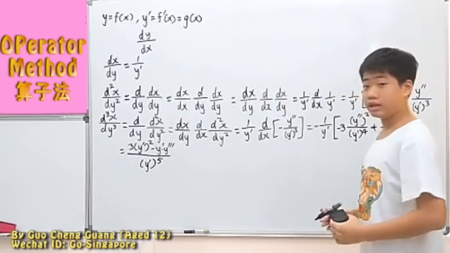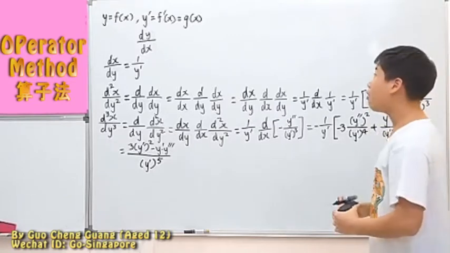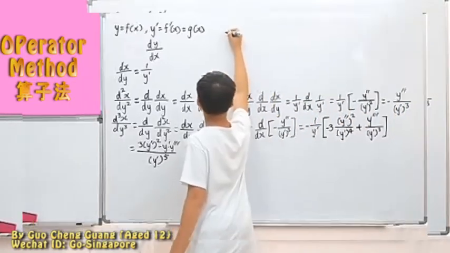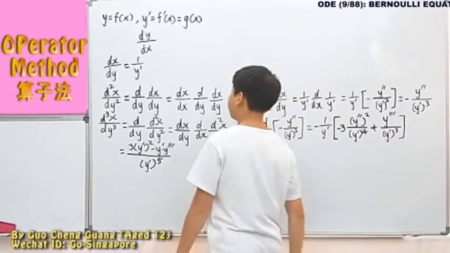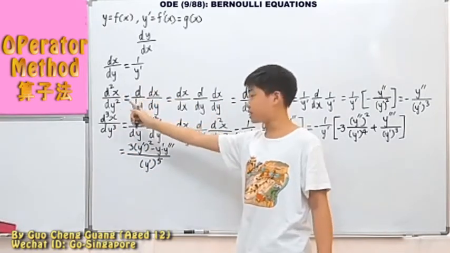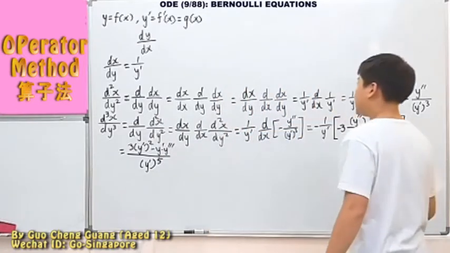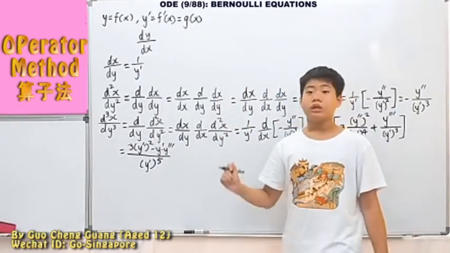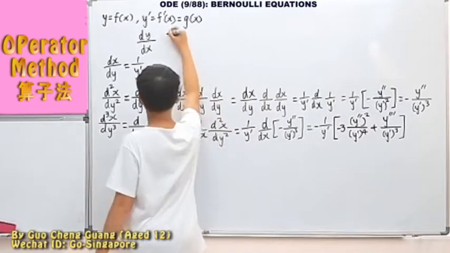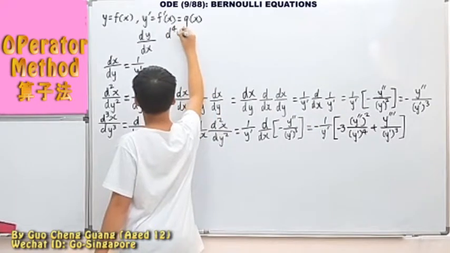We already have until the third derivative. How about the fourth derivative? So right now here, we have first derivative, we have second derivative, we also have our third derivative. How about we just have one more, which is the fourth derivative. So in the fourth derivative,